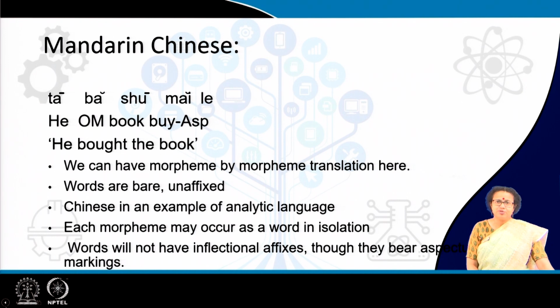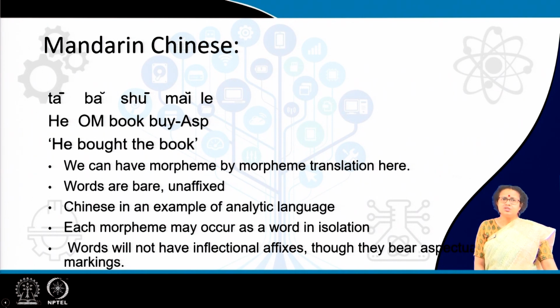Now, I have some data from different languages in order to discuss these 5 different types. Here is some data from Mandarin Chinese. You can see that we can have morpheme by morpheme translation here if you look at the gloss. What do I mean by gloss? Look how I have mentioned the grammatical forms on the second line, and in the third line we have the total translation of the sentence. You will also get more examples. This is how we write examples in linguistics; we call it glossing, and there are certain rules for it as well.